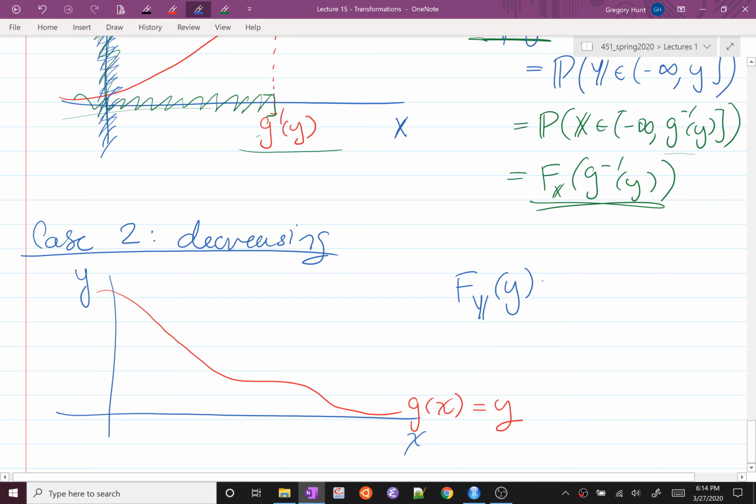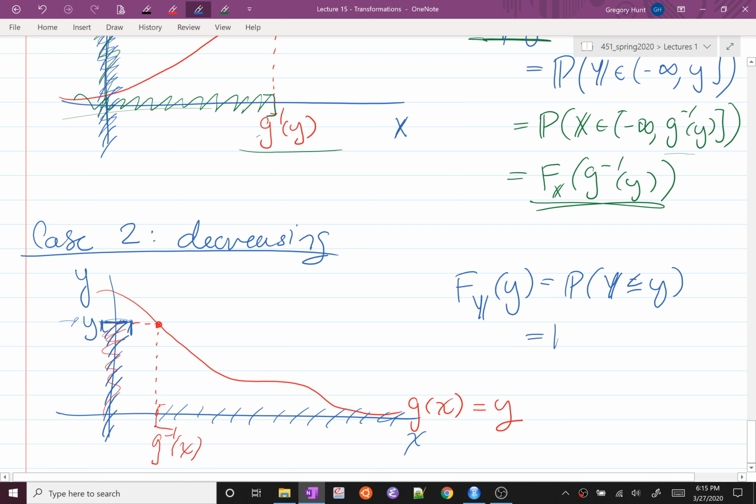F_Y of y, this is the probability that Y is less than or equal to little y. So if I were to mark my little y here, that is the probability I'm kind of in this set. I'm marking off on the y-axis. If I look at which values of x map into this set on the y-axis, that's everything bigger than this value here, which is exactly g inverse. So the set of values that map into being less than or equal to my little y value is all these values here